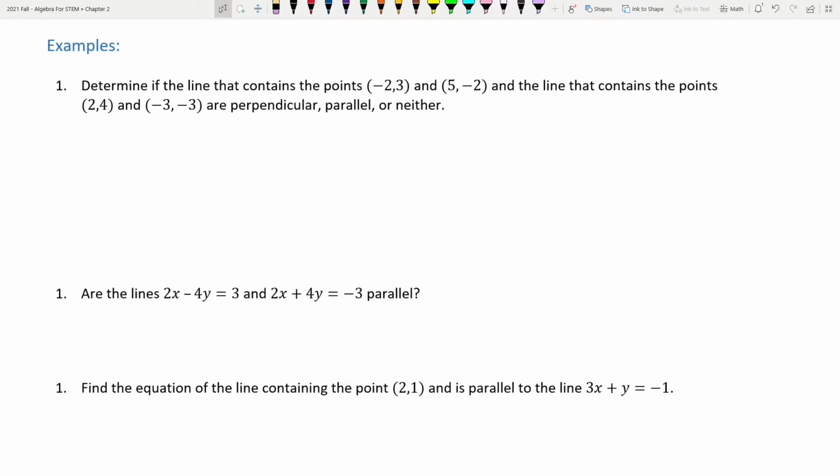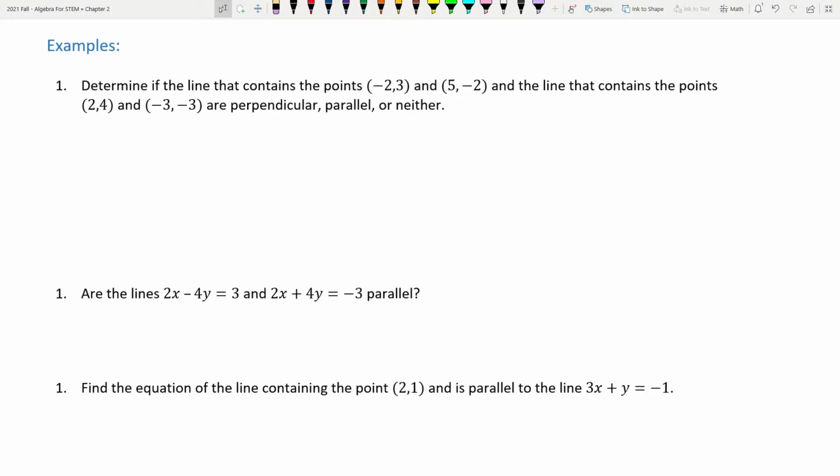We can use this fact to quickly tell whether or not two lines are perpendicular, parallel, or neither. If they have the same slope, they're going to be parallel. If they have negative reciprocal slope, they'll be perpendicular. If there's any other relation, then they'll be neither. If I want to determine if the line that contains the points (-2, 3) and (5, -2), and the line